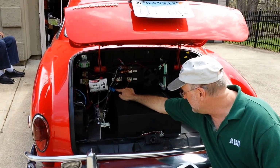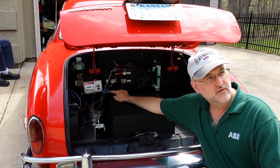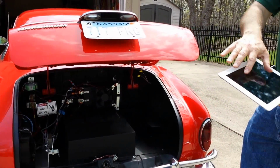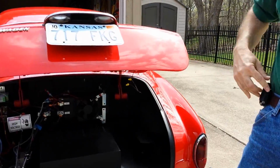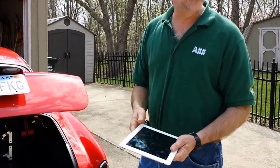This is a Hall effect based current transducer, and it goes into the Hightech. So I have a parallel set of instrumentation with Hightech. I have a Wi-Fi hotspot in the car, and I'll show you this later. I got an instrument panel that'll come up on my iPad. It comes up on my phone or any computer that I want to plug into it. So when you guys take a test drive, I'll let you hold this, and you can look at